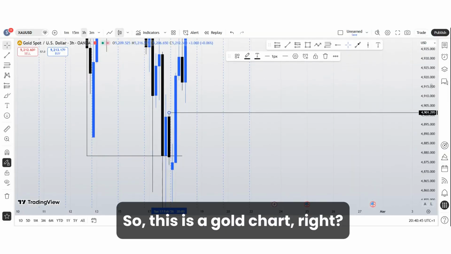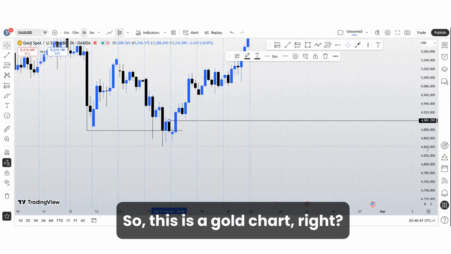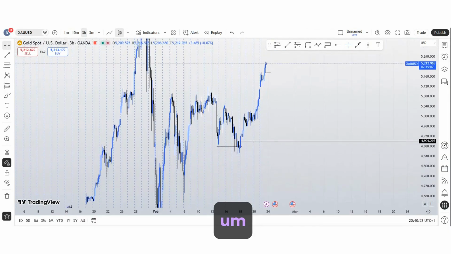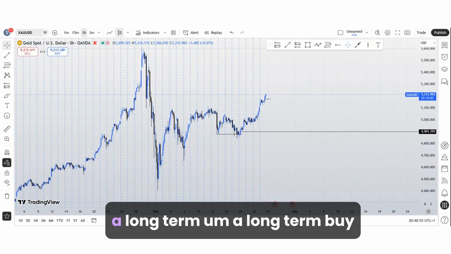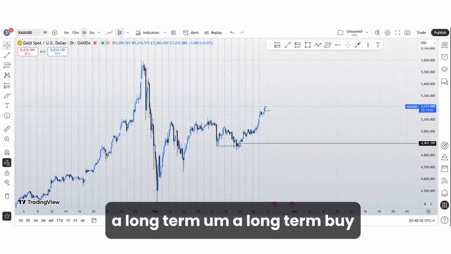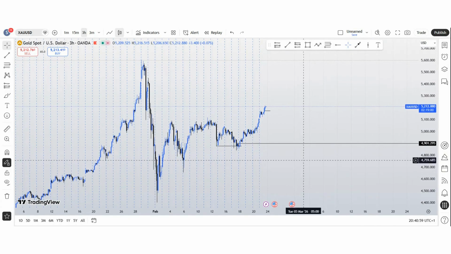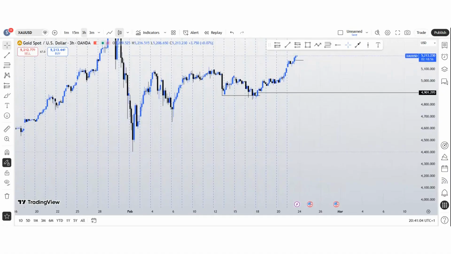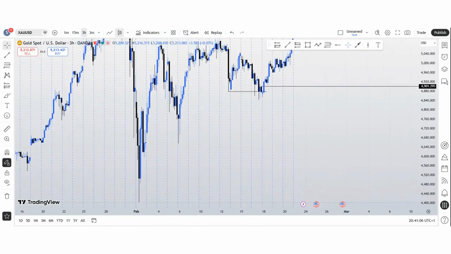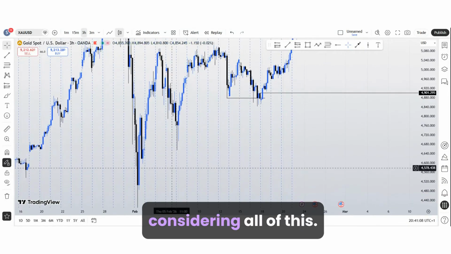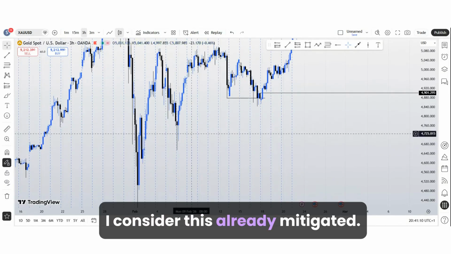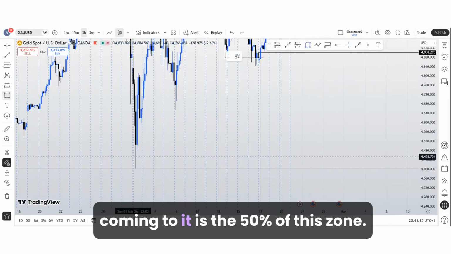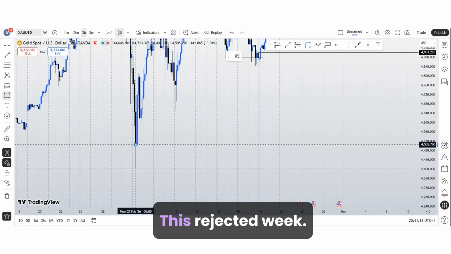This one right here. So this is a gold chart, right? So on no account should I be looking for a long term buy other than this. And if we are looking at this, you'll be wondering why I'm not considering all of this. I consider this already mitigated. Unless it breaks here, the next zone is coming to, it is the 50% of this zone, this rejected